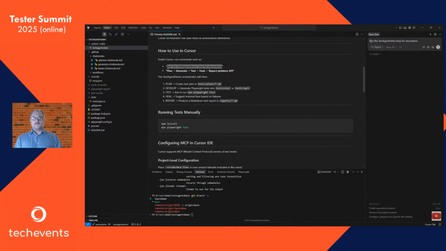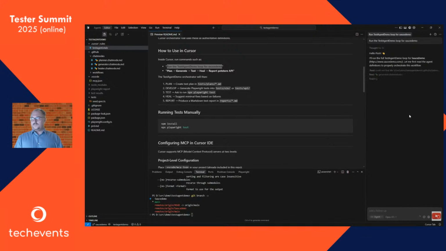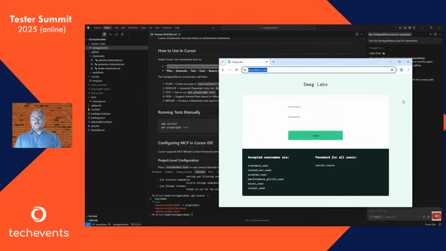I have pasted from the README file the prompt to run the test agent demo loop for the specific page source demo, and I will execute it right now. It should start first from planning test cases using the Playwright MCP server. It will, like a human, open this page and try to explore it, learn it, check what can be clicked,